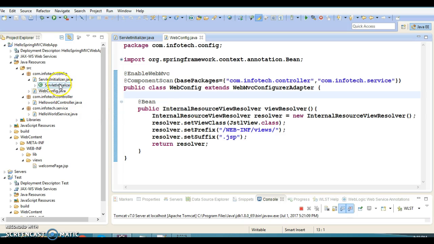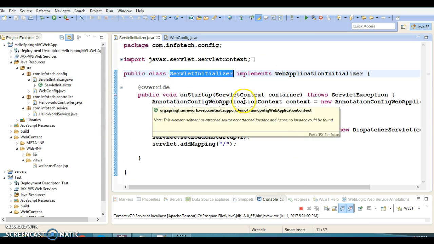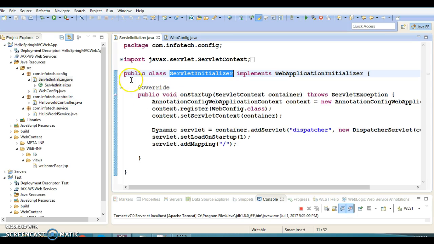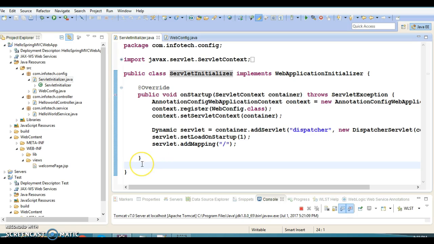So here, if you look into this initializer servlet, there are a couple of ways we can implement this class, right? So the other approach to implement this class, I'm going to explore in the next video series. I'm expecting you to be there, so that we'll learn together how to implement this servlet initializer in different ways. So please be there, and this code I'm going to put on GitHub, and the GitHub location